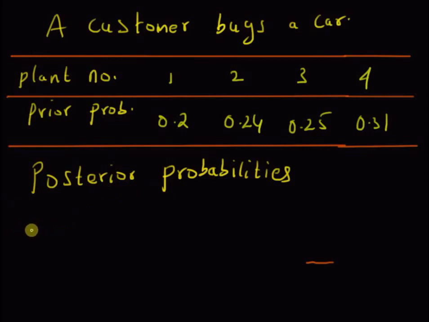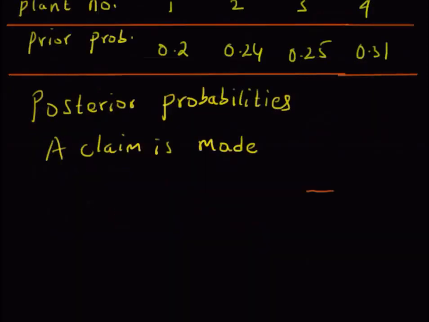So for example, if a claim is made, then we are interested in the probabilities of the plants given this claim. So the question is, if the claim is made, then how do the probabilities corresponding to each plant change? That is, given the following information: plant number